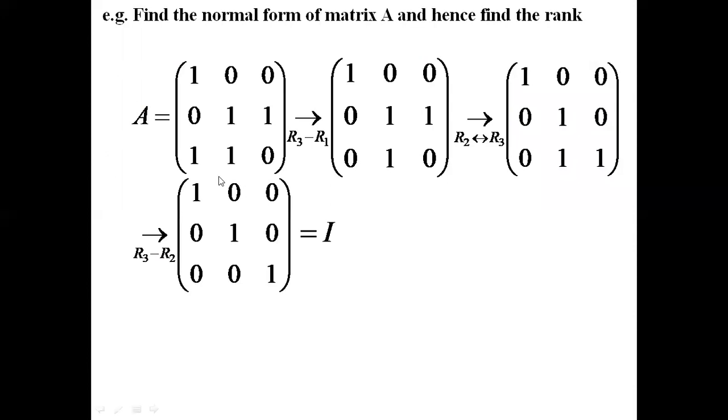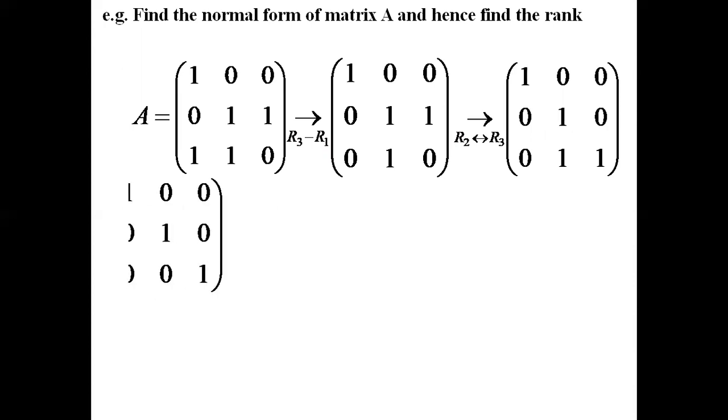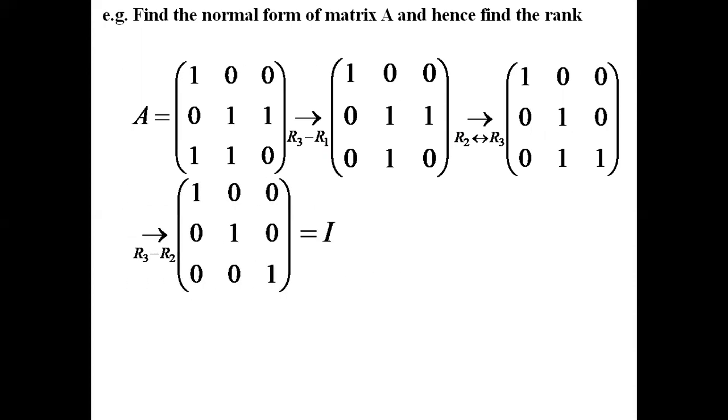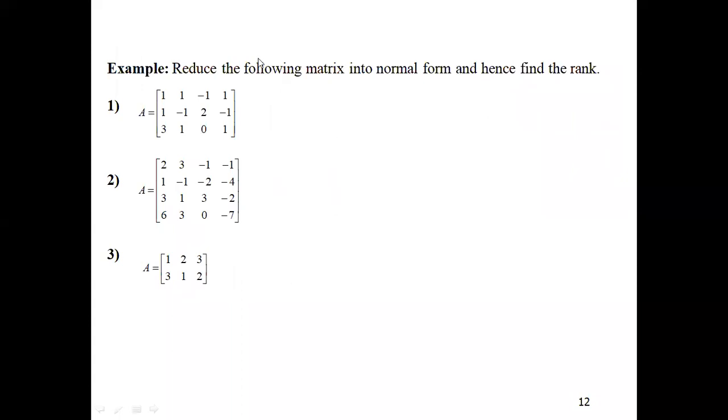Here, this is nothing but echelon form, and the rank is 3, not 2. Let's check it out. Whether it is 2 or 3? It is 3, sir. Confirm? Yes. It is not 2, because by using any definition, you will get the same rank. So here you are getting rank 3. This is also in echelon form. So these are some examples. Forget about normal form, just find the rank. So find that third example right now.